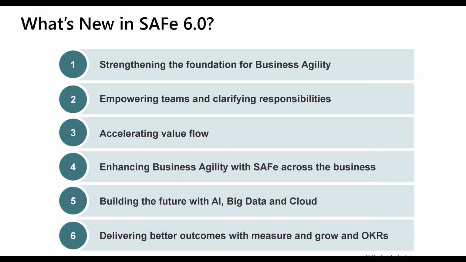So for practitioners, a lot of the components that change will make sense. I think they're all good improvements on the framework. But it is interesting that building the future with AI, big data, and cloud comes out as one of the changes. And then the sixth one is delivering better outcomes, measure and grow on OKRs. OKRs have been part of the framework since the beginning, but here we're focusing more on, again, business outcome